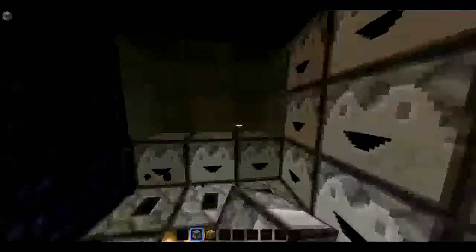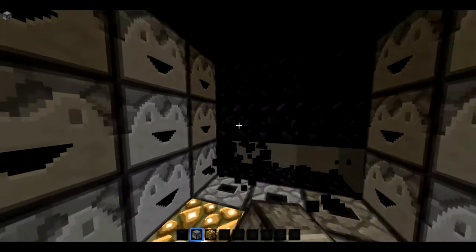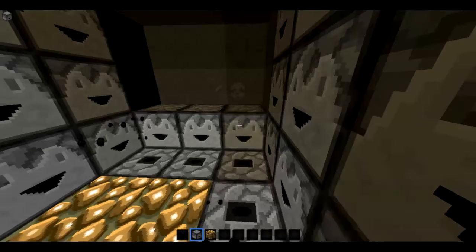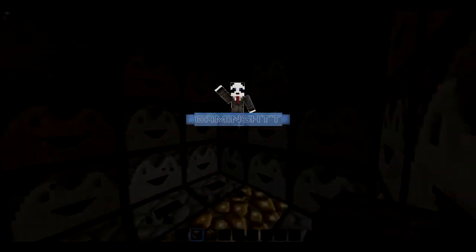So basically, this is base number 2, where you just have your droppers and stuff in it. So I guess you could place your obsidian and stuff in there, and whenever you come back, you just grab it. I mean, it's very simple, and it's just another way to make sure your base doesn't get raided so easily. So this is another base that I usually make,